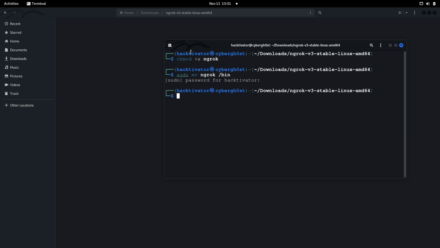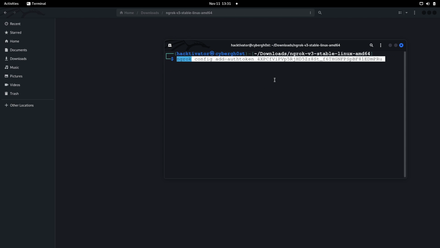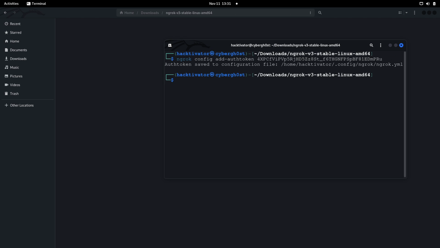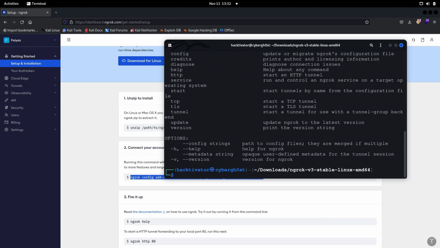And finally, we are going to open a new tab over here, and we'll paste the text that we have copied. Let's hit enter, and as you can see, now it says the auth token is saved to the configuration file. Here it is, the file has been saved over here, and now we are good to go. Now let me just close it, and now if we type ngrok, you'll see that we're getting all these options